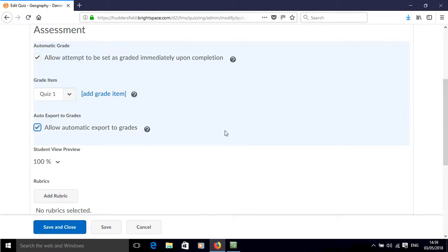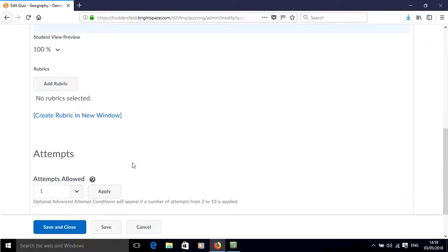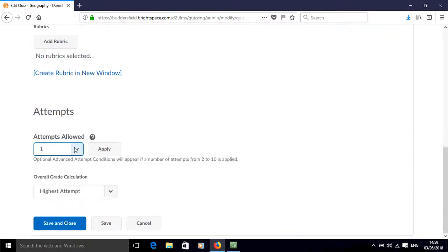We can automatically export those grades, and there's different bits and pieces here. Another aspect is the number of attempts allowed, so we can select between 1 to 10 or say unlimited. So if we click 4 and click apply,